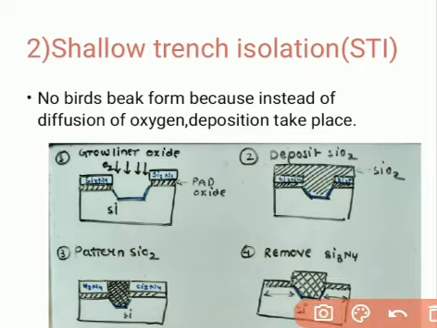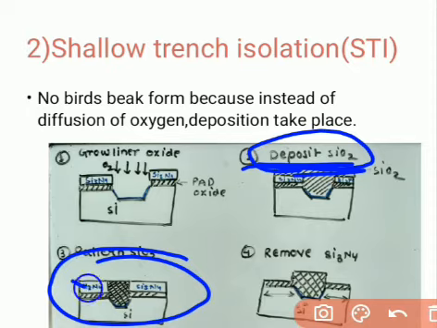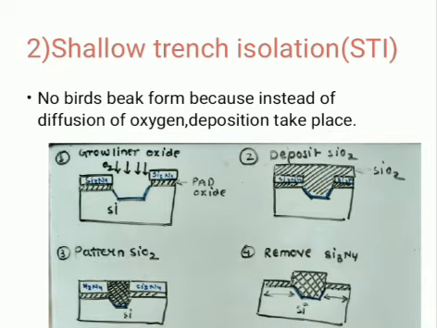So this liner oxide will protect the surface during the deposition of SiO2. If you directly deposit SiO2, there could be a fracture in the silicon wafer. So that is why we use liner oxide. After this liner oxide, we deposit our SiO2 layer. After that SiO2 layer, we will pattern the extra area and create this type of structure. And after that particular structure, we will remove our silicon nitride and we can have this type of structure.